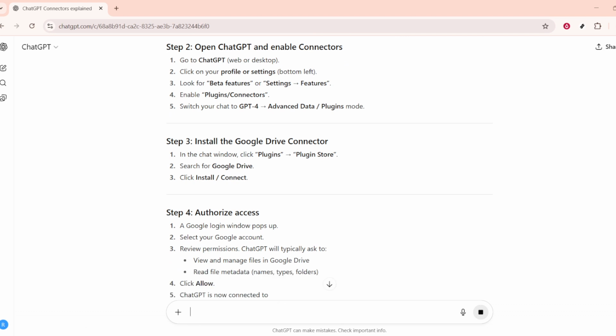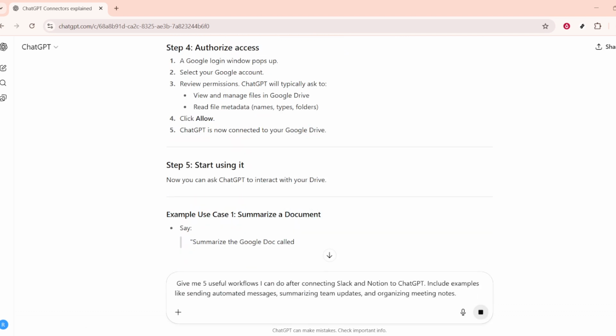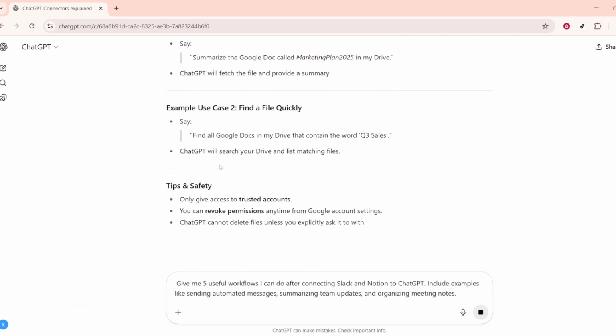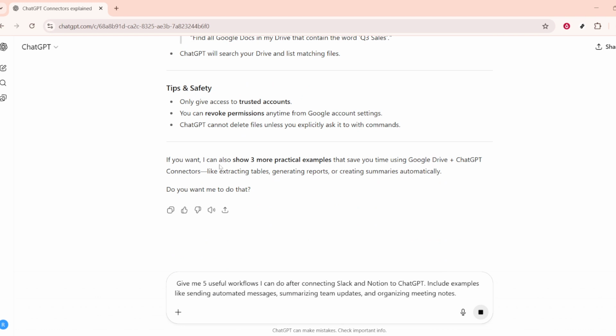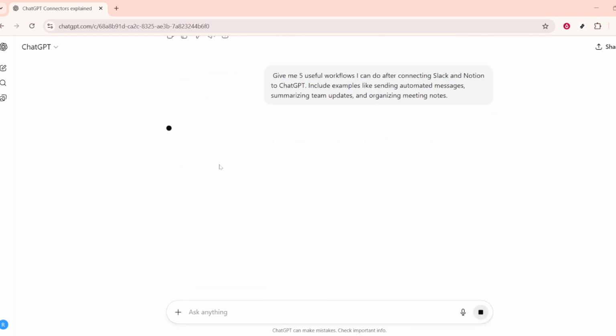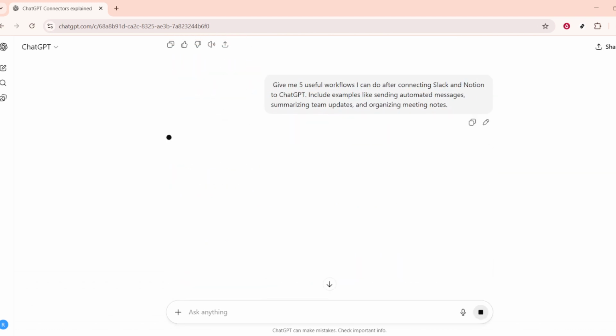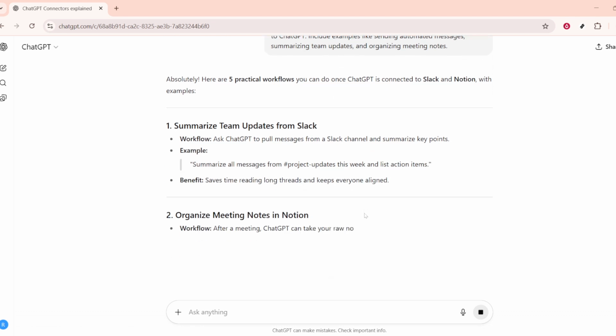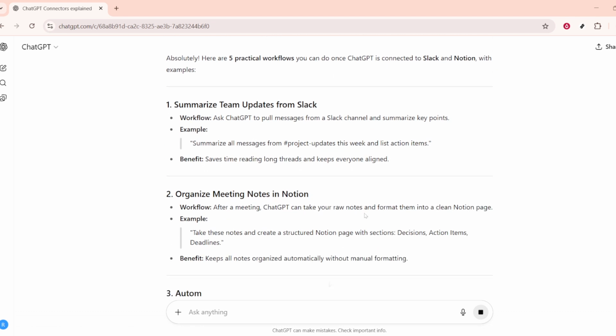utilizing files. As you gain more confidence in using connectors, you may want to generate workflow ideas. You can ask ChatGPT to give you 5 useful workflows after connecting with Slack and Notion. Examples could include sending automated messages, summarizing team updates, and organizing meeting notes. This opens up a myriad of possibilities for automating and streamlining your tasks, making your work life a lot more